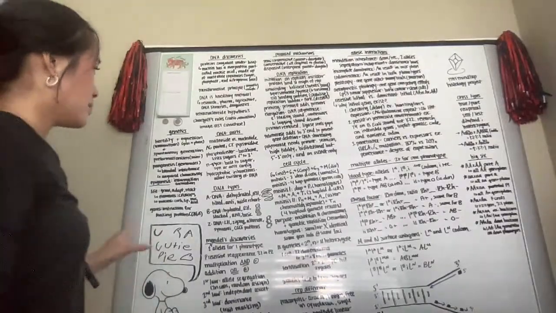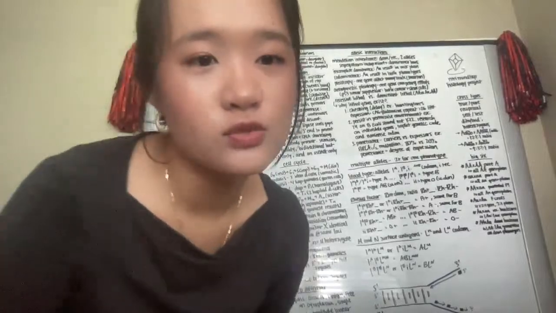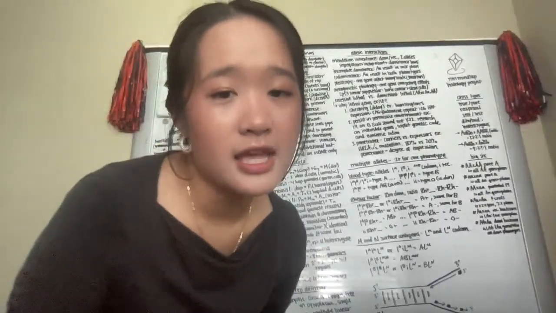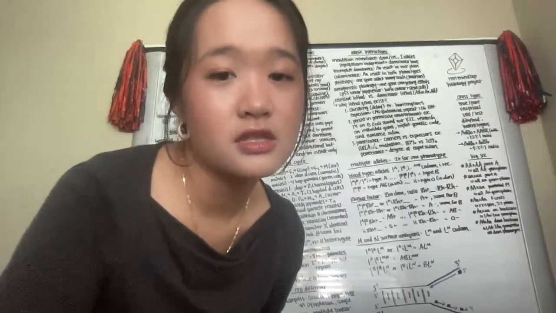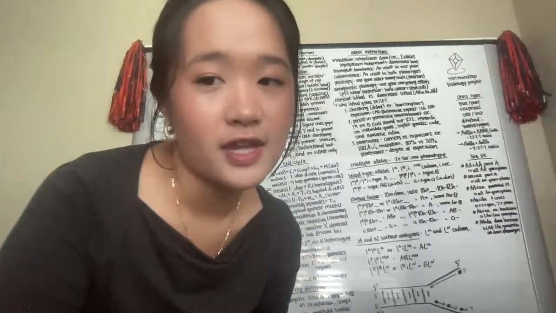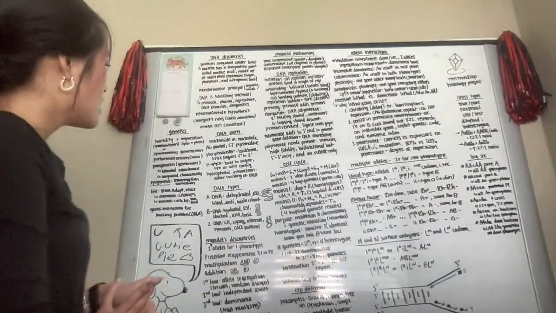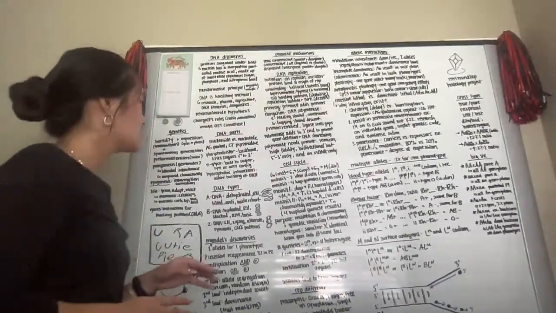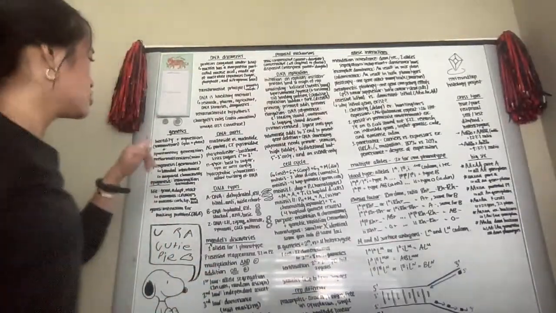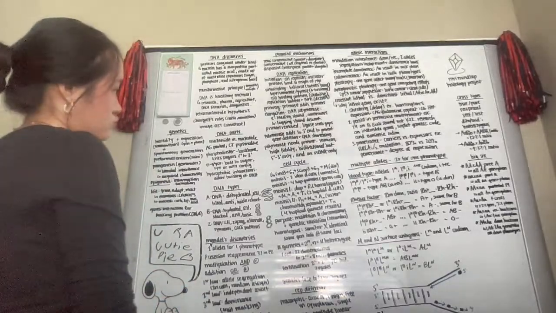So there's DNA parts: a nucleoside versus a nucleotide. A nucleoside has only two parts. It only has a base and a sugar. However, a nucleotide will have the base, the sugar, and a phosphate. So that's the difference between a nucleoside and a nucleotide. And they have four bases: A, T, C, and G. A and G are purines, which are double ringed, and C and T are pyrimidines, which are single ringed.